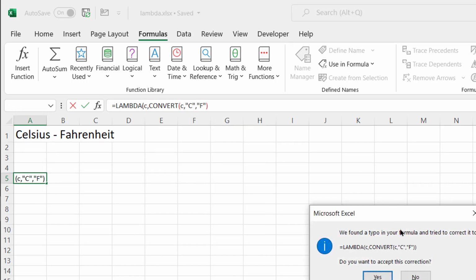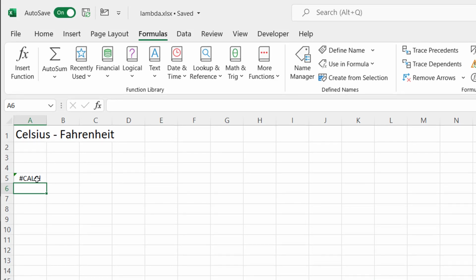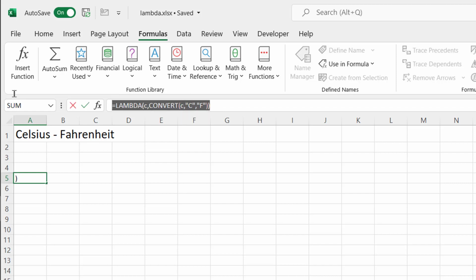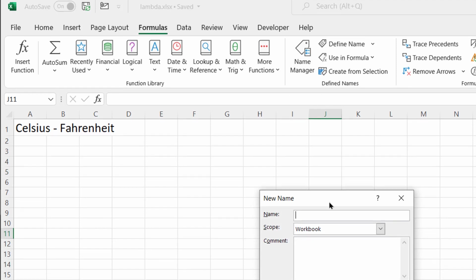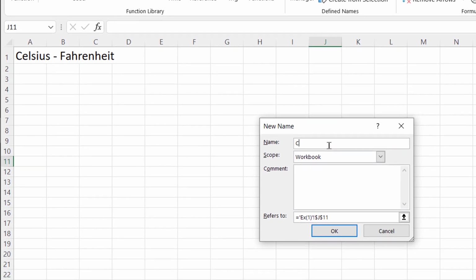Press enter, and you can see it asked me to close that parentheses. Click yes. It'll give me that calc error again. I already tested this convert formula, so that's fine. What I'm going to do now is, I created it here. I'm going to take it out, Control X, and get out of there, go to Define Name, and we'll just call this convert C